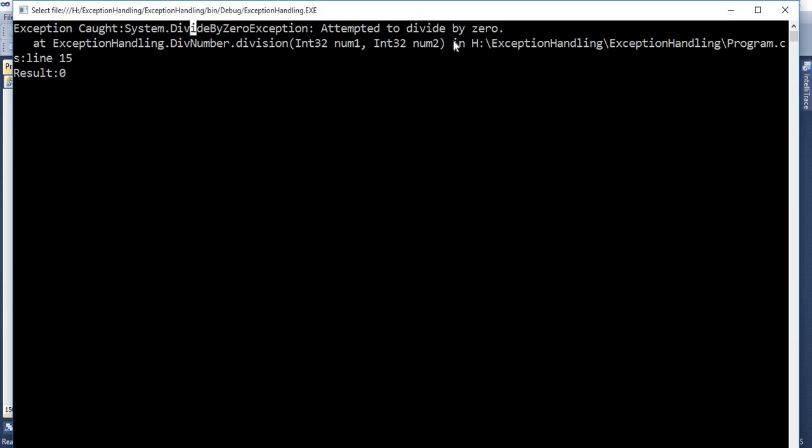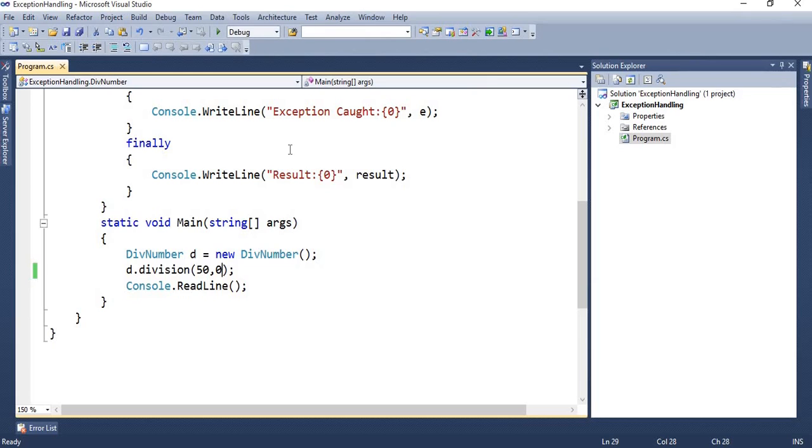Attempted to divide by 0, such a kind of exception occurred, and at which line number, 15, with argument 1, argument 2, and you can see the result is 0. So in such a way you can manage your code and your program with the help of exception handling.